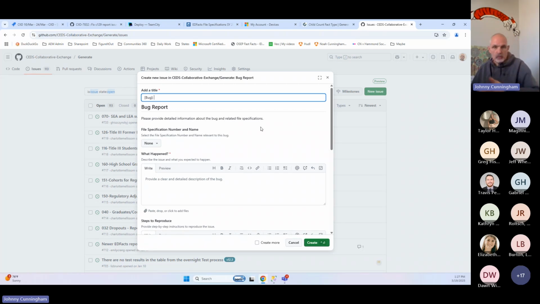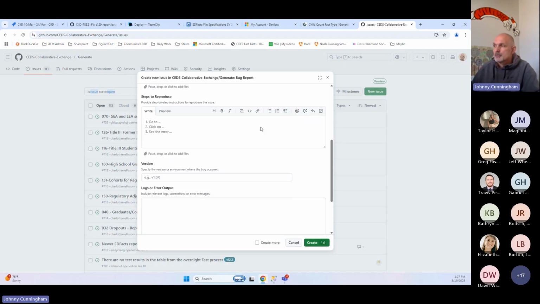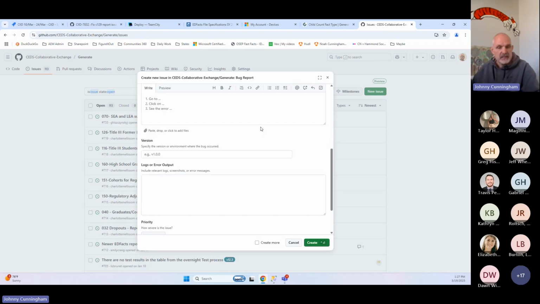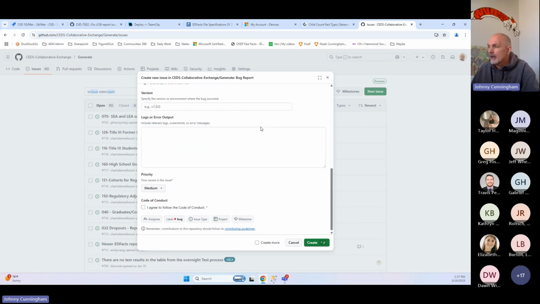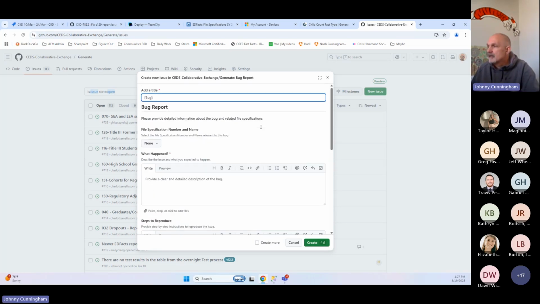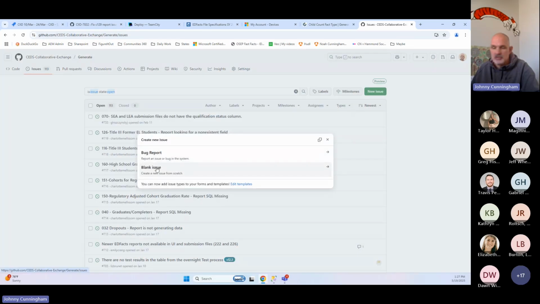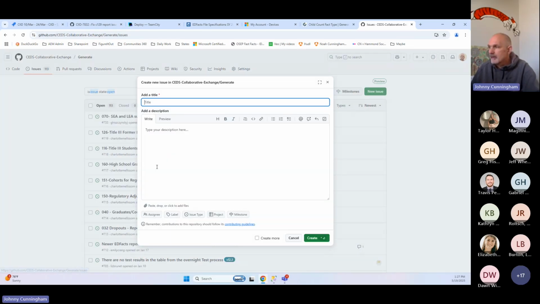It could be something that one of your state partners picks up, and because they might be working on the same file, they might want to look at that and see if it's something they can resolve. So the template helps you just fill in the information that's going to be relevant to a bug that you found in Generate. There is, if you saw it, the blank one, which is just literally the blank